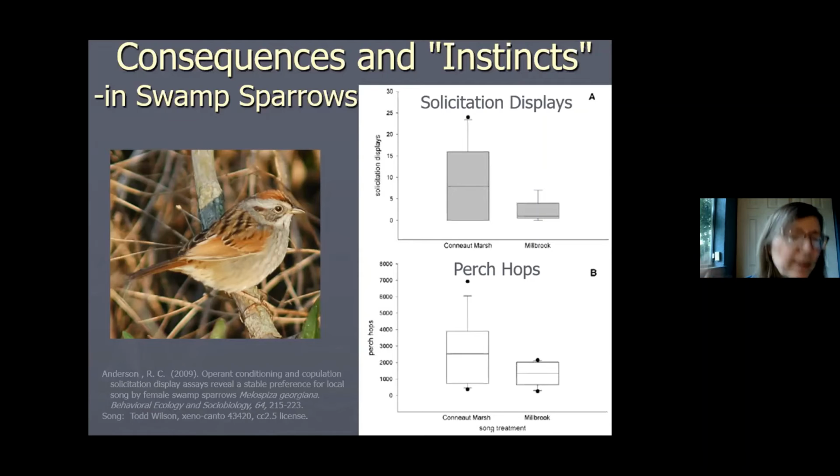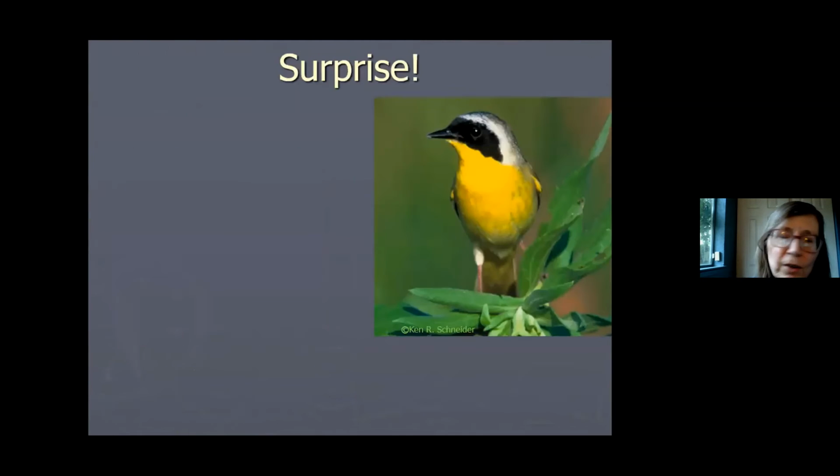Okay, so like I said, there's a lot of learning involved in songbird song along with the instinctive component. So things sometimes go wrong out in the field, and this would be a great thing for us to discuss in the Q&A, and I'm going to ask if there are questions soon on the first two sections before we do the last section. But I've been fortunate in the field twice in my birding career to see this in